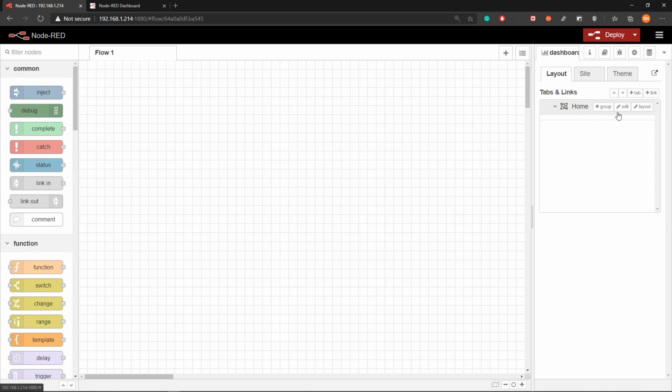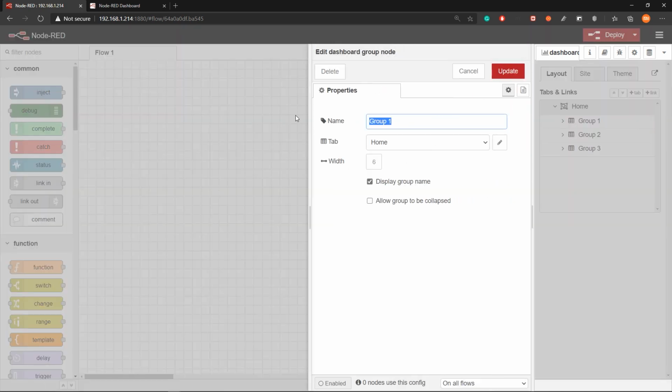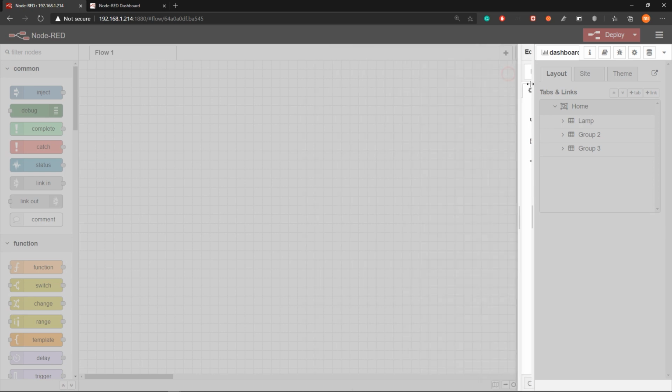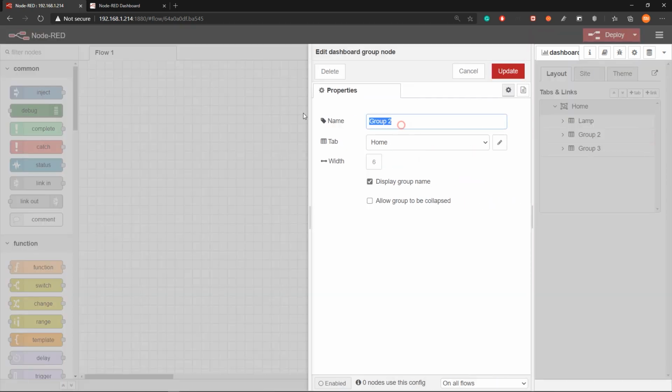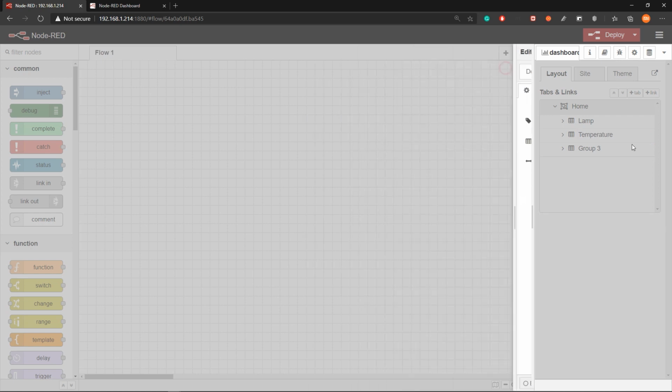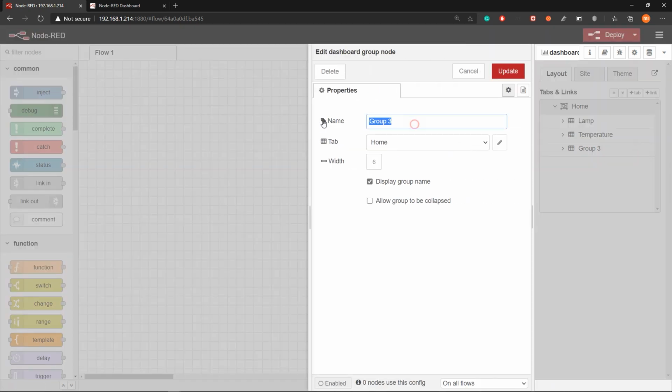Then hover your mouse pointer over home and click on group 1, click again and click one more time. So we have three groups here under the home tab. On the first group click edit and rename it lamp, click update, and for the second group rename it temperature, third as humidity.